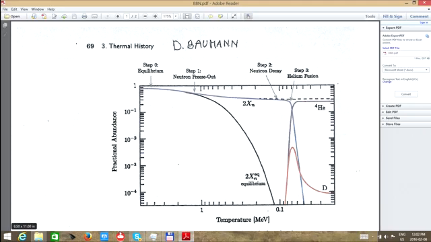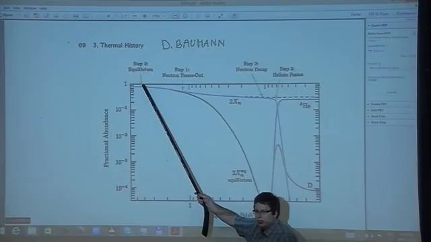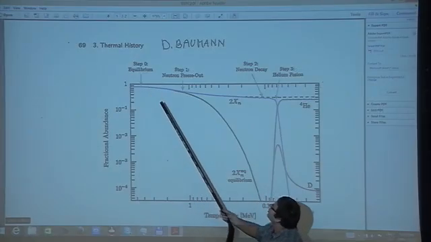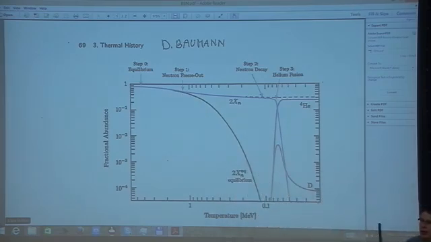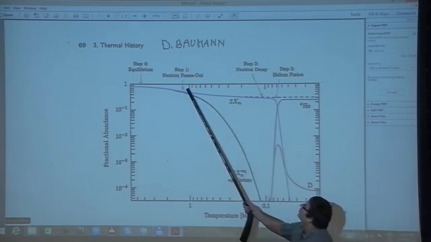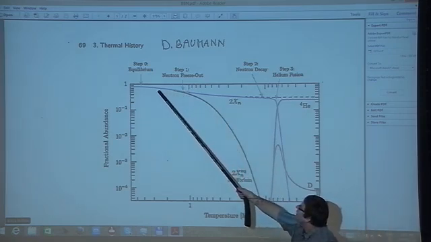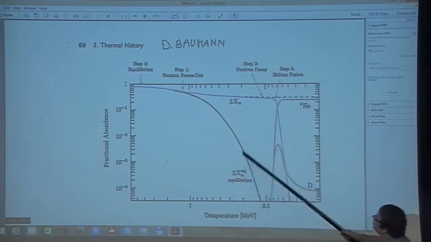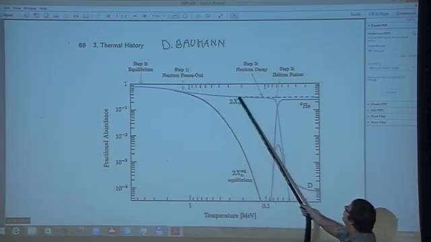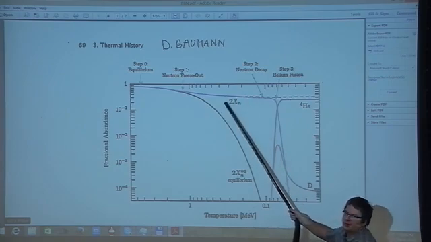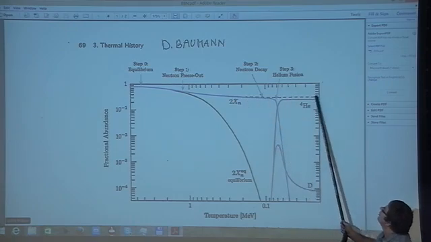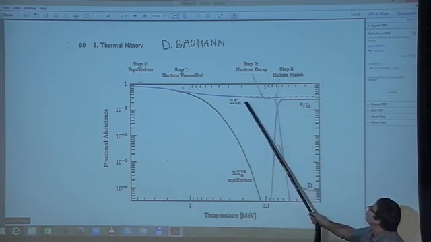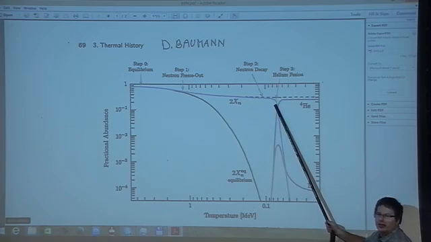For high temperatures, you have chemical equilibrium between neutrons and protons maintained by all these interactions. At the point when these interactions changing neutrons to protons cease to be efficient, neutrons freeze out. Instead of following the equilibrium curve, you freeze out at this point. But because the neutron is unstable, it starts decaying slightly from this freeze-out value of